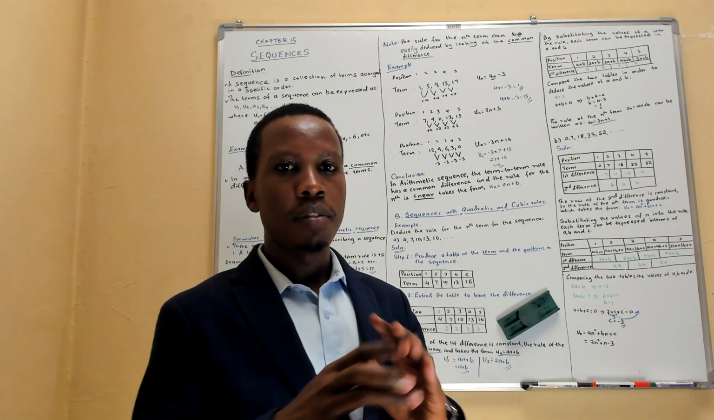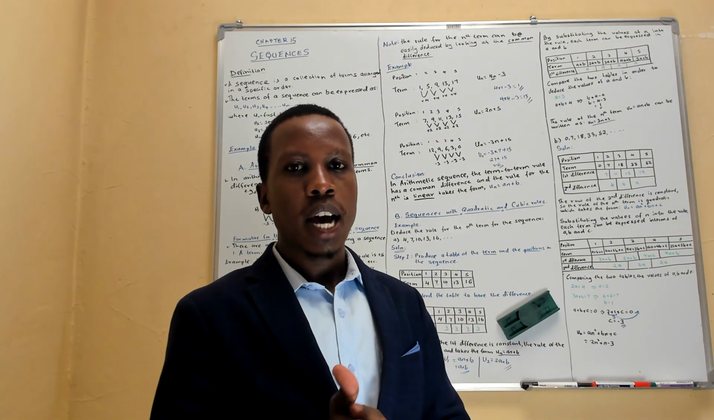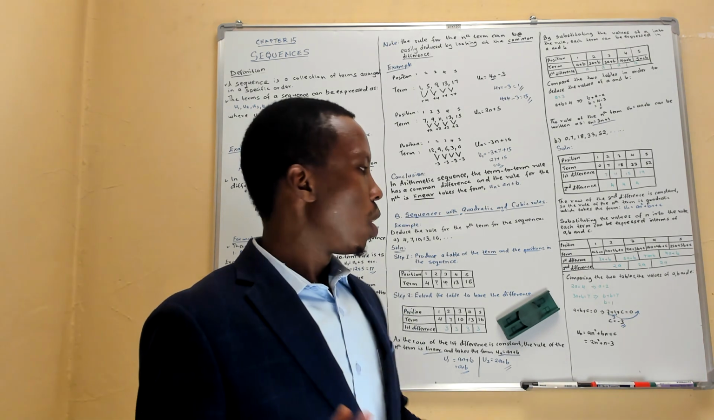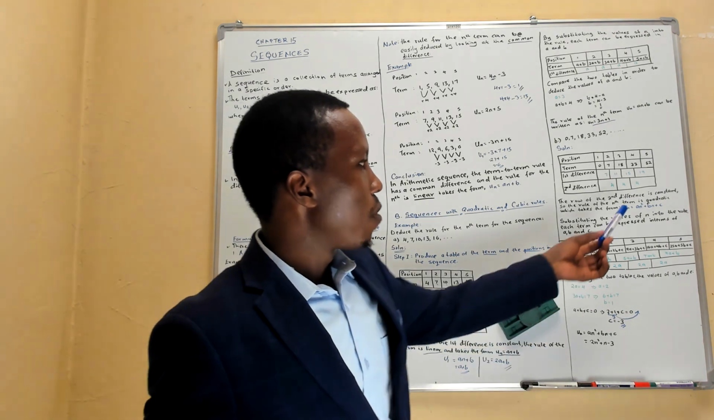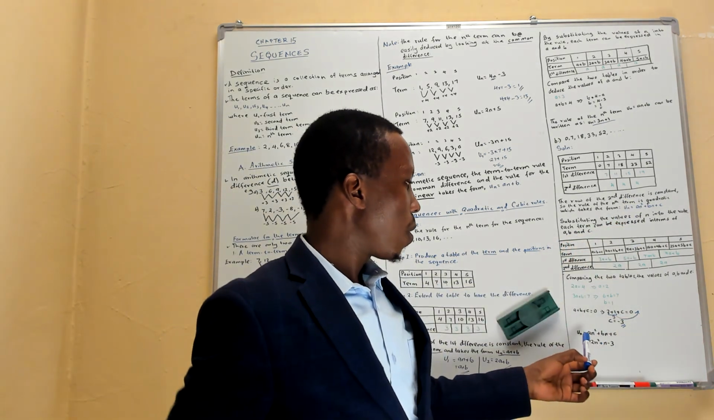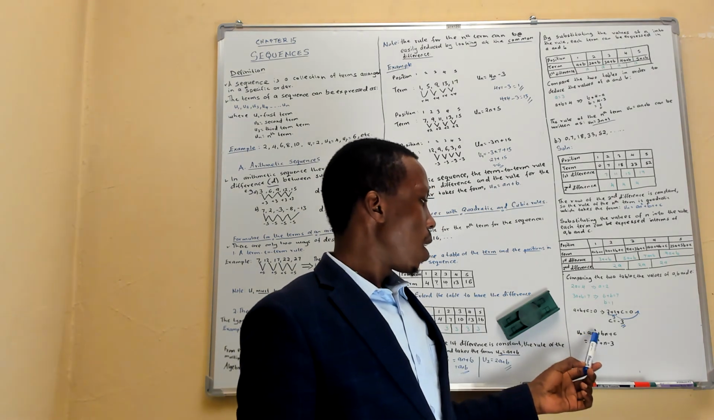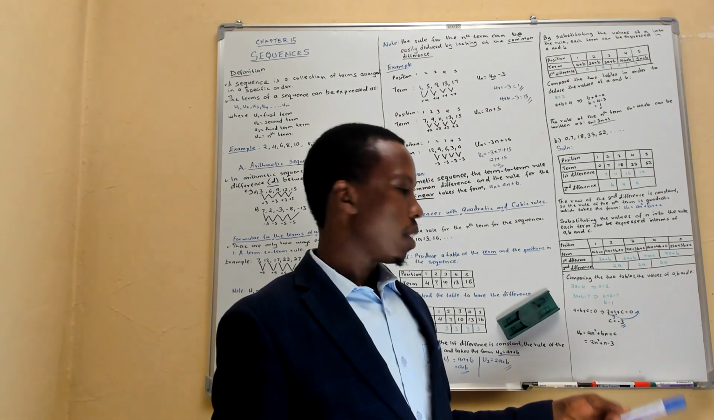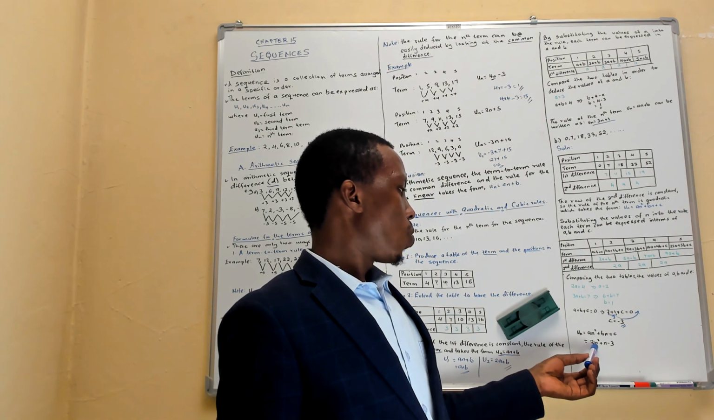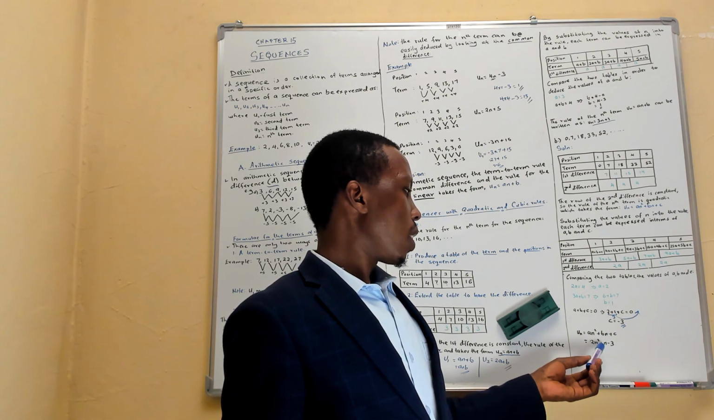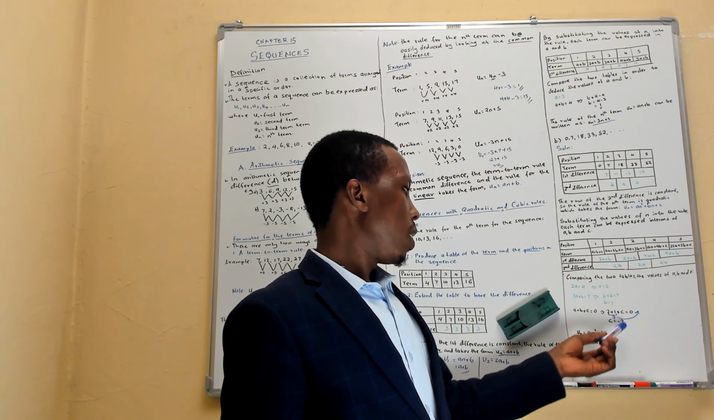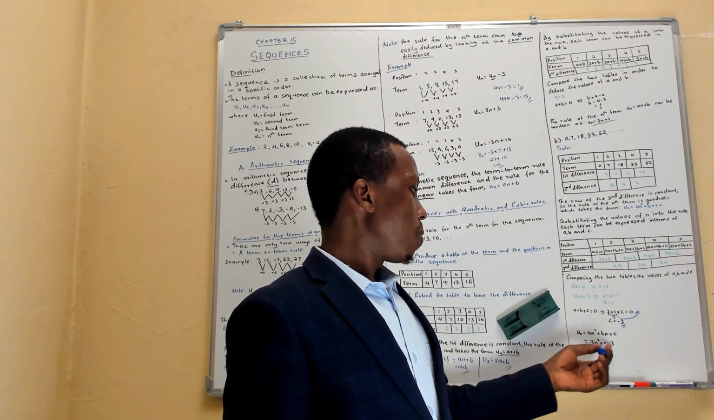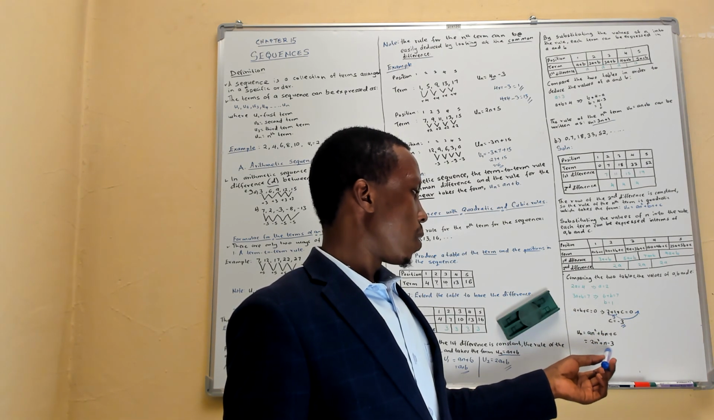So I have all the terms. What I only remain with is to substitute them into the formula. So according to the quadratic formula, an squared plus bn plus c, so 2 is a, then b is 1, so it's still n, then c is negative 3. So this formula,